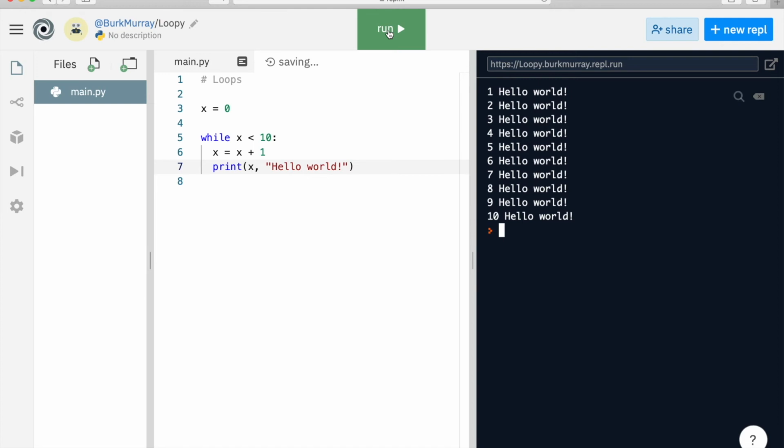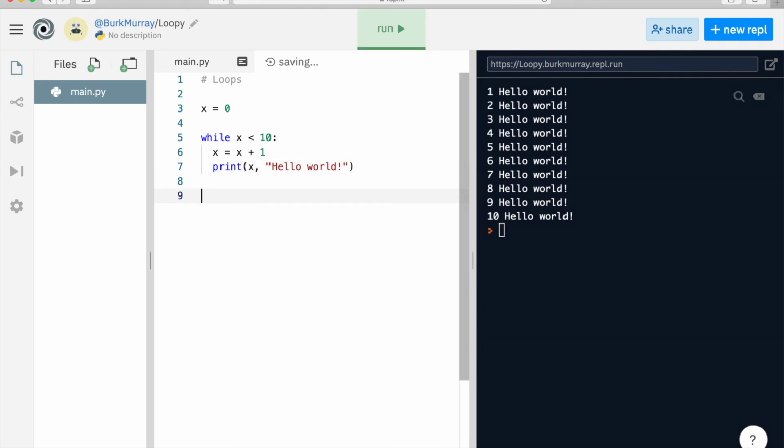Great. All right, let's switch gears for a minute. How do you get information from a user? Easy. Use the input command. First, create a variable called firstname. But instead of assigning it a value directly, like firstname equals Burke, we'll have the input command get the value from the keyboard. So we're going to type in firstname equals input,